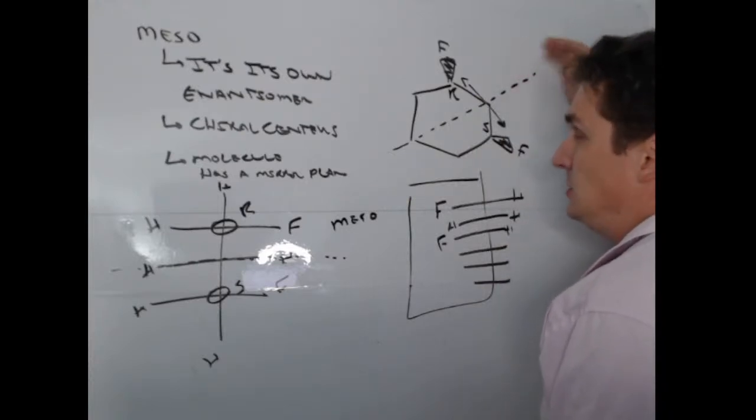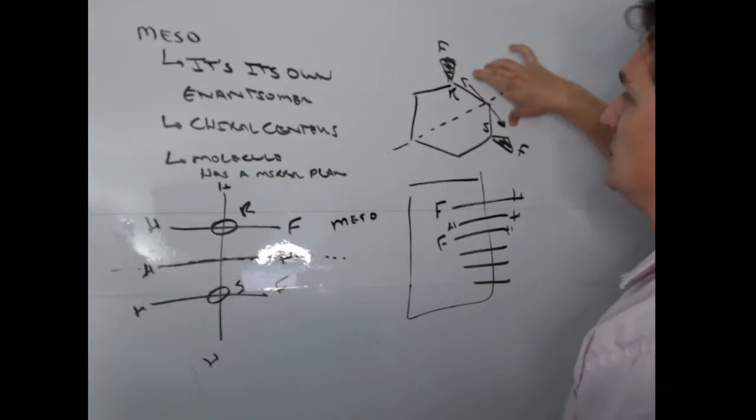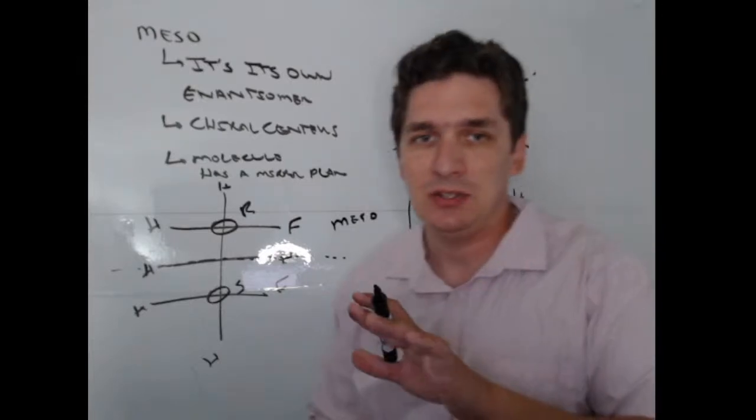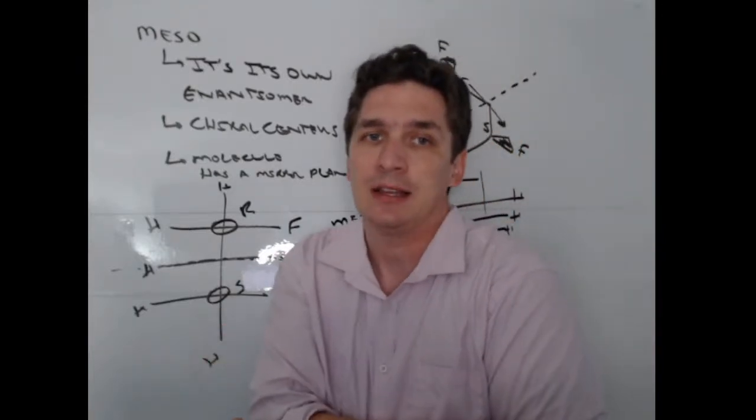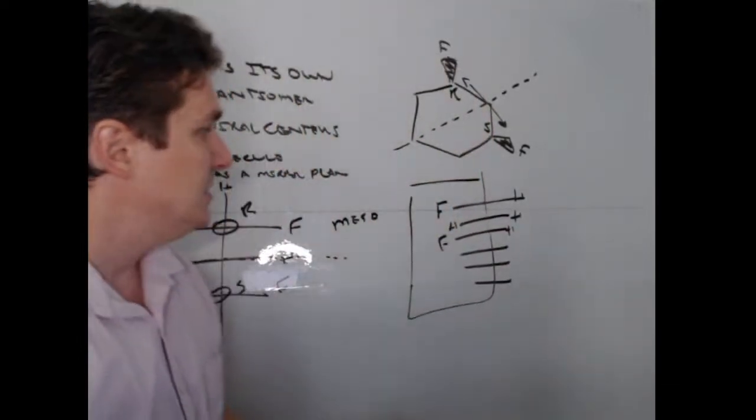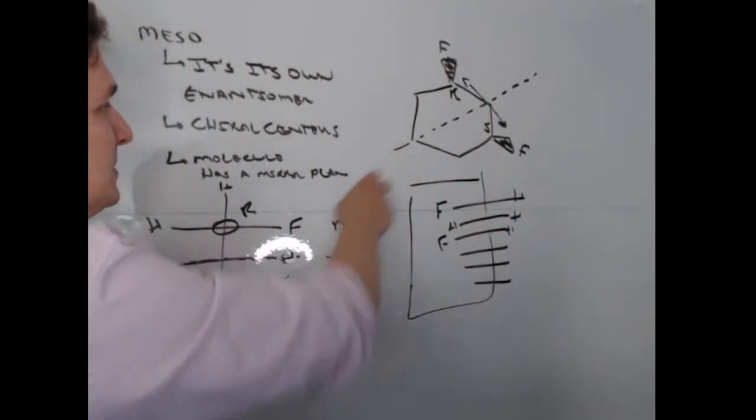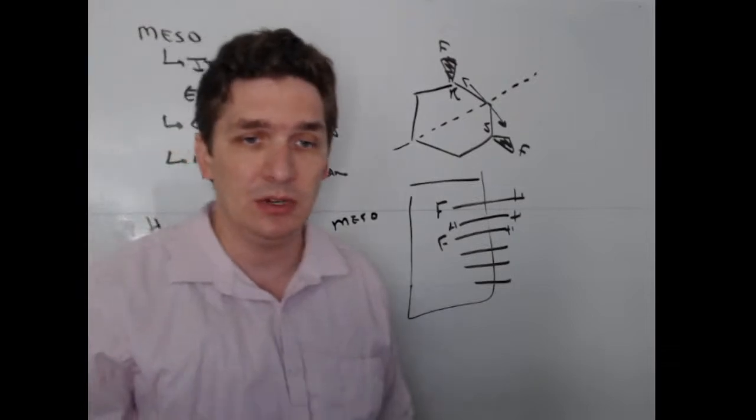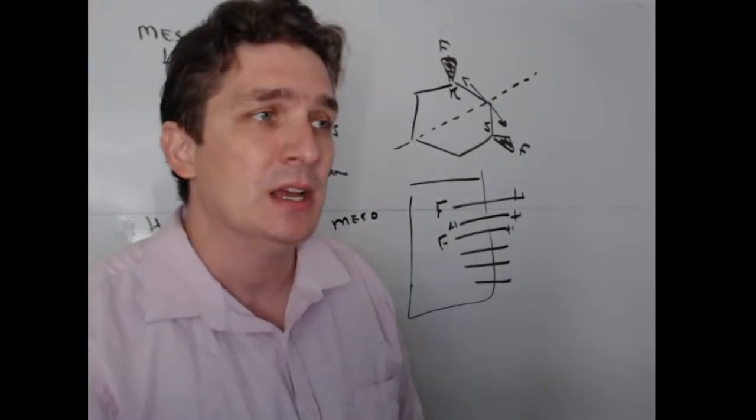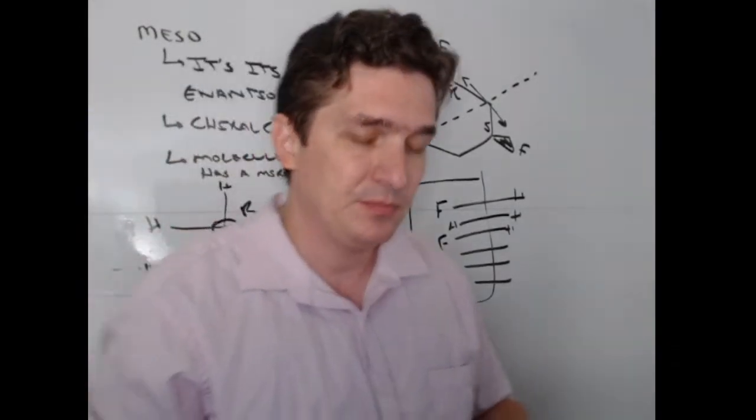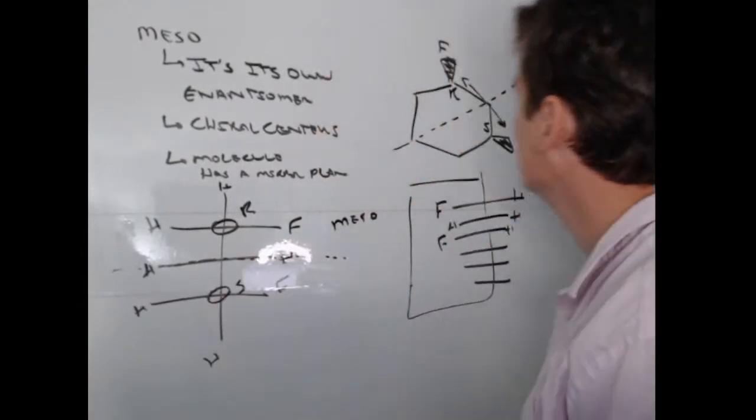So technically, you could invert both of these to R and S, but when you do that, that mirror plane basically gives you the ability to rotate it over and counteract that inversion. So your meso here, again, comes about from mirror planes, but the critical point here is that it has to have chiral centers. So an achiral compound like cyclohexane